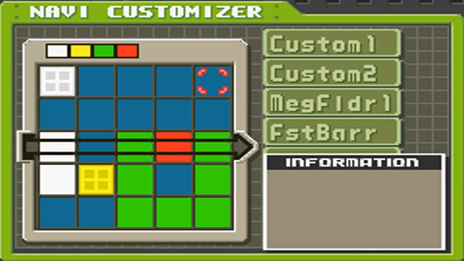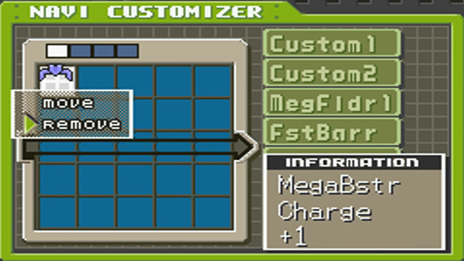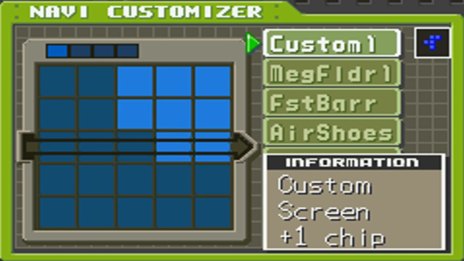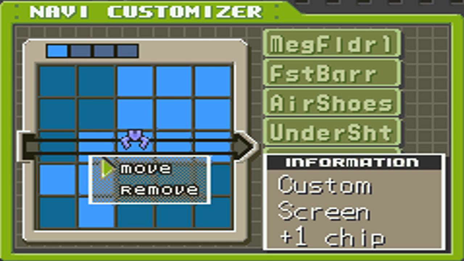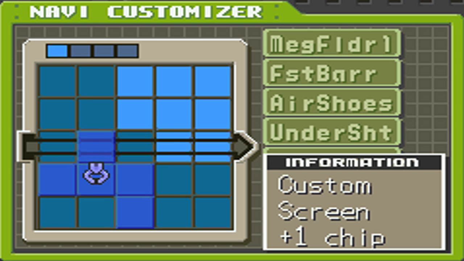So what I want to do, I'll tell you why I got that Zenny in a second, but first I want to remove all these programs because here's how we want to get our NaviCust set up. Now that we have this folder, we're going to be focusing on trying to delete Navis as quickly as possible. So what that's going to include is getting as many chips as we can right away. So you want to make use of the Custom 2 and Custom 1 programs you got here, and just try to move them in a way so that you can,